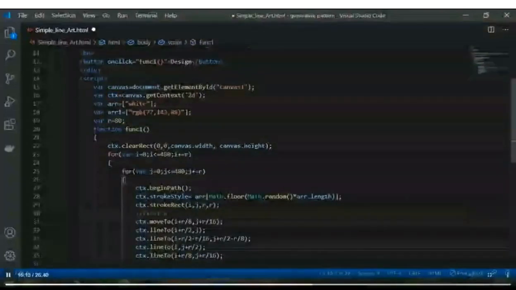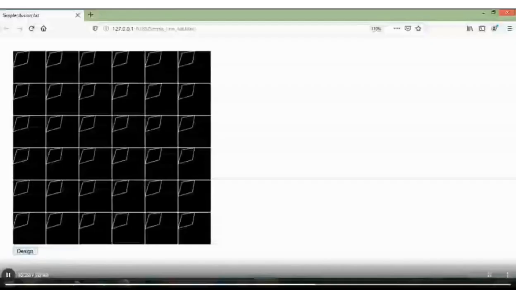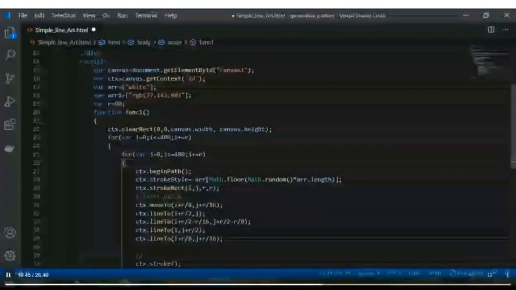As of now, the coordinate writing for the first quadrilateral is completed, so save the code and see the first quadrilateral in the browser.